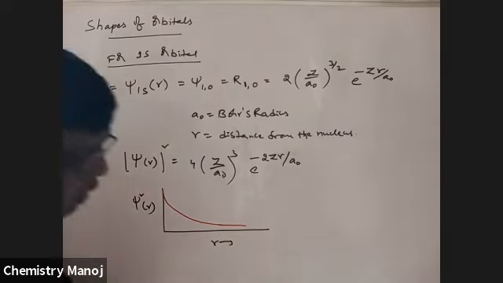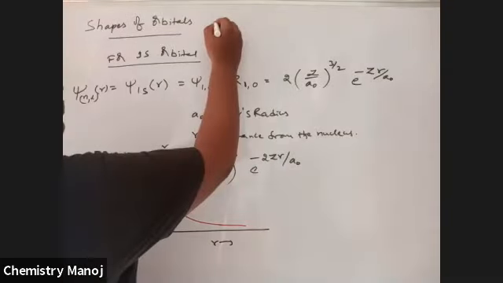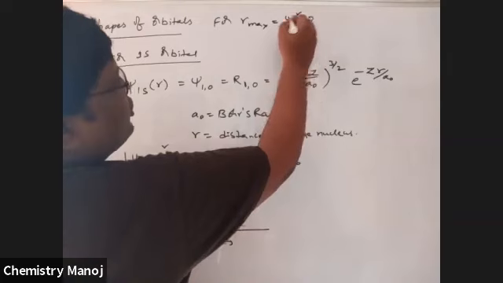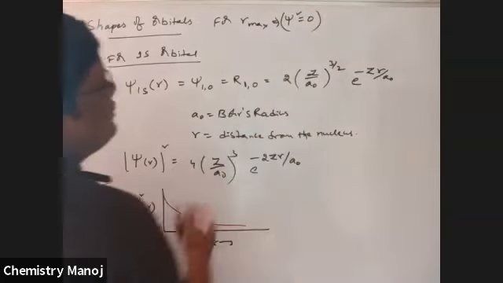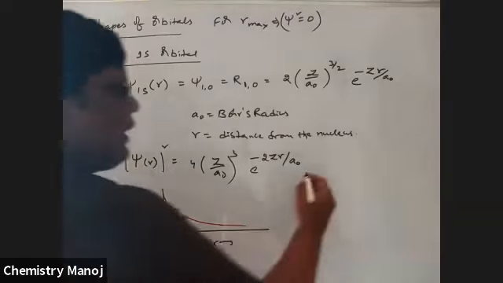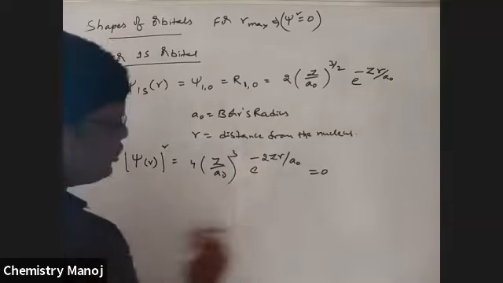Maximum probability. How much is the maximum probability? For maximum probability, for R maximum, psi square is equal to 0. Take psi square is equal to 0 for R maximum. This is psi square. Therefore, it becomes 0. That means in the probability distribution curve,